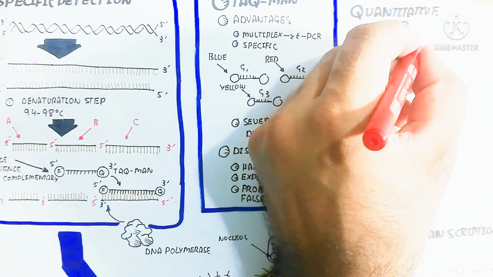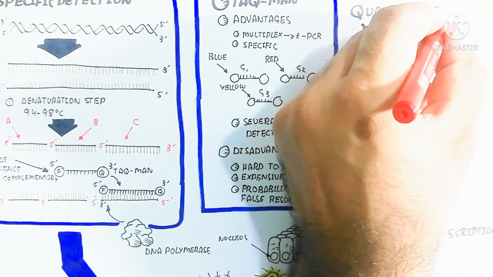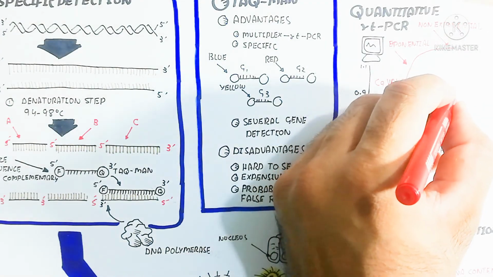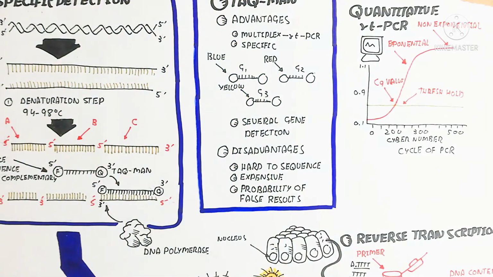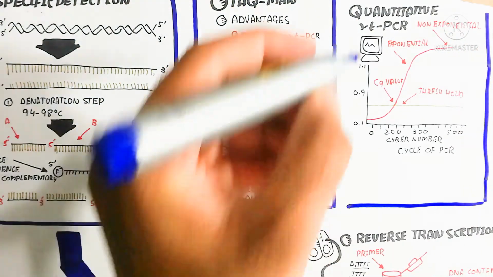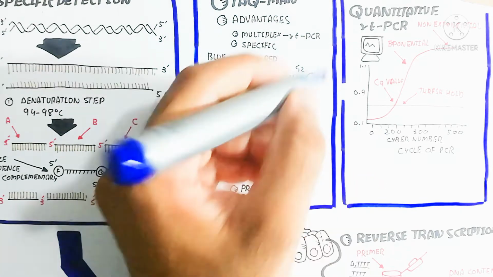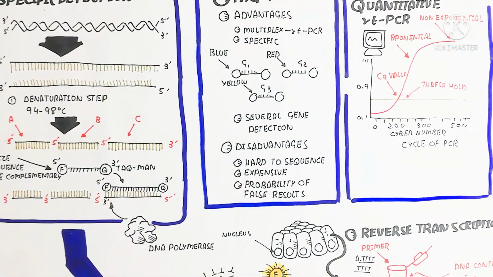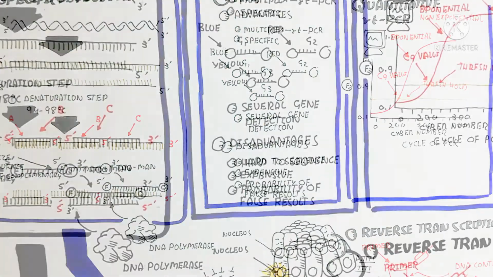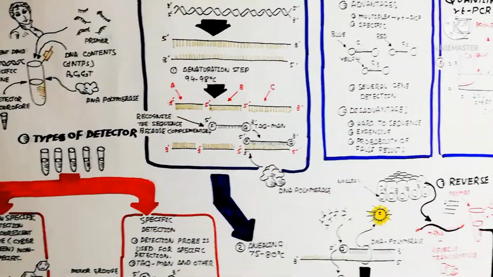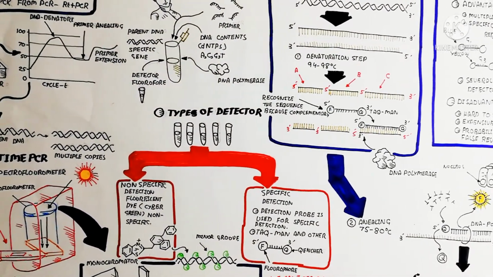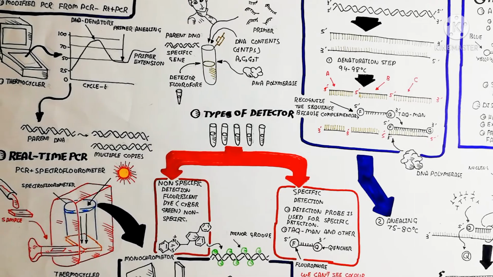So if a positive result is going on, the threshold will be crossed. Here is the threshold line, which gives the Cq value. The exponential graph shows that our gene of interest is going well. I hope you understand real-time PCR, which is simple PCR, but we add color for detection of the gene of interest, or the primer that is attaching. That primer is our interest.